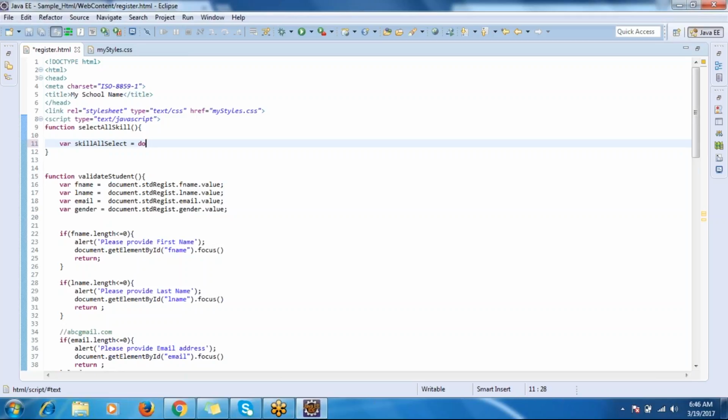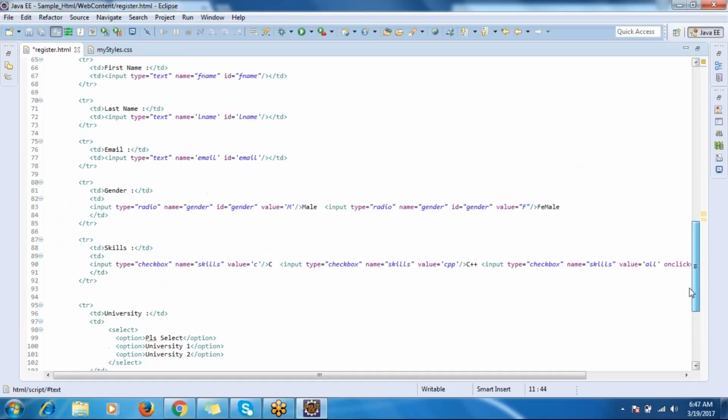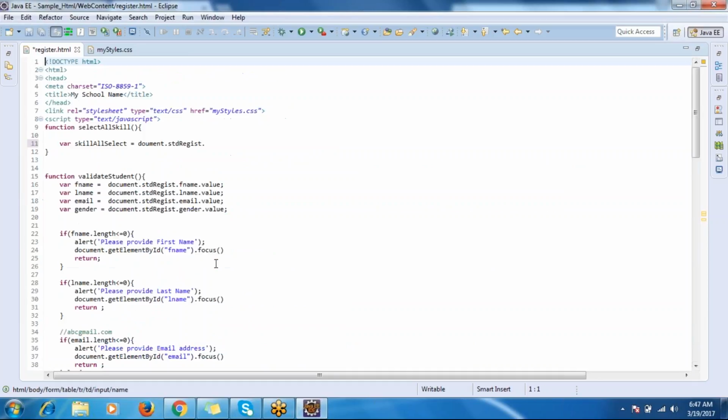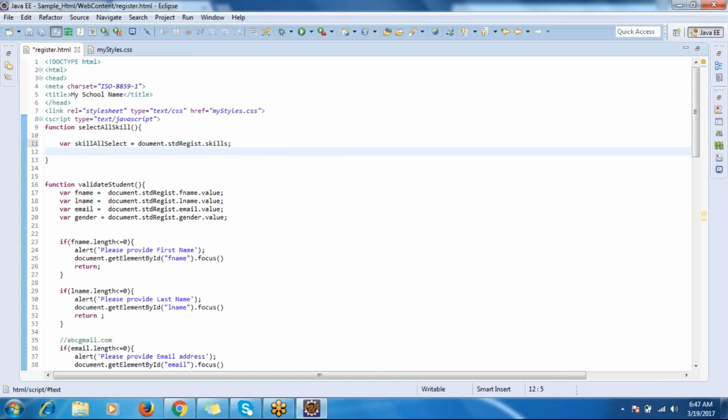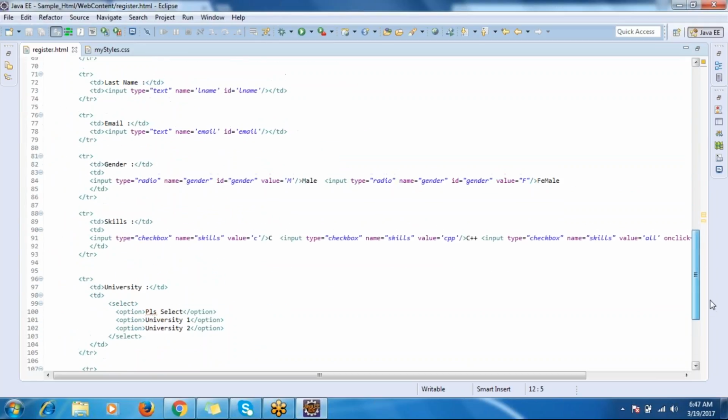Document dot form name is student registration, and what is our checkbox name we had given? It is skills. So document dot form name dot skills. And if you see these checkboxes, C++ and select all, for all the checkboxes the name is the same, but